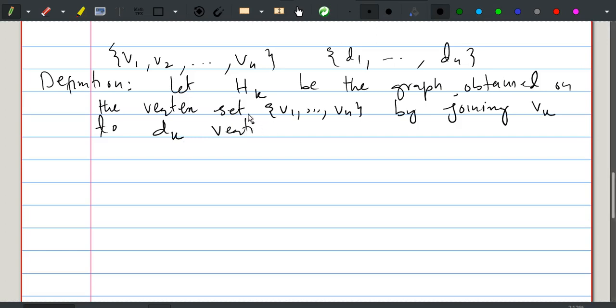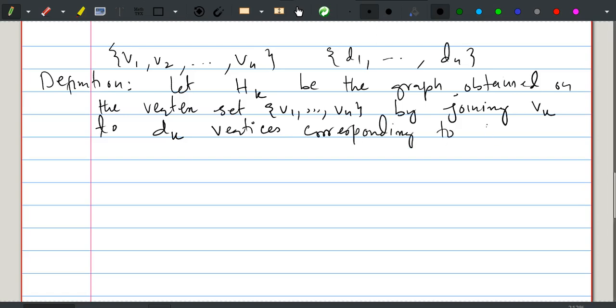By joining vk to dk vertices, corresponding to the dk elements